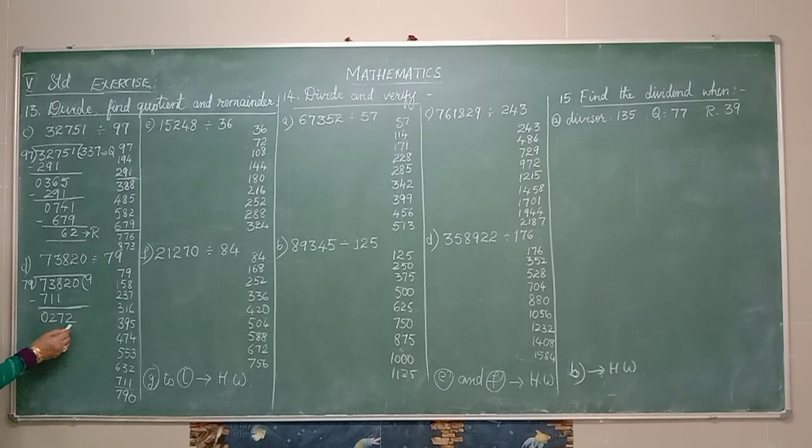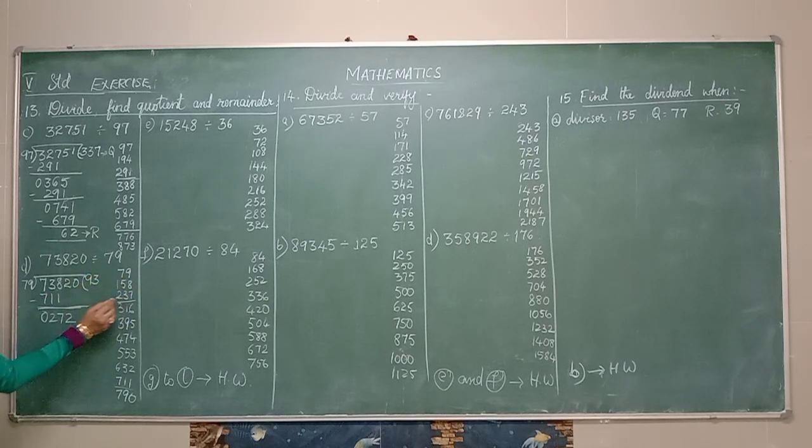Down. So it became 272. Where does 272 come? You see, 272 comes here, between 237 and 316. So you have to go for the upper number. What is the number here? 237. How much is it? 1, 2, 3. No? 79.